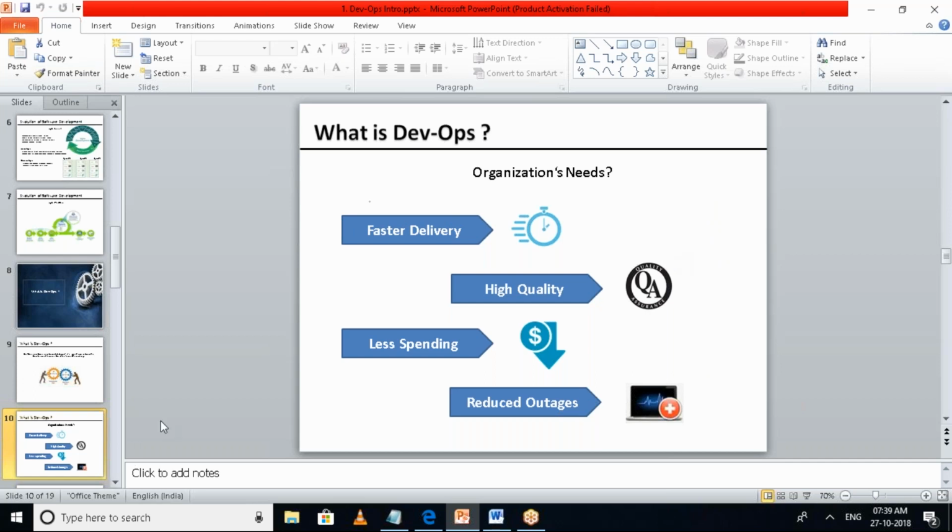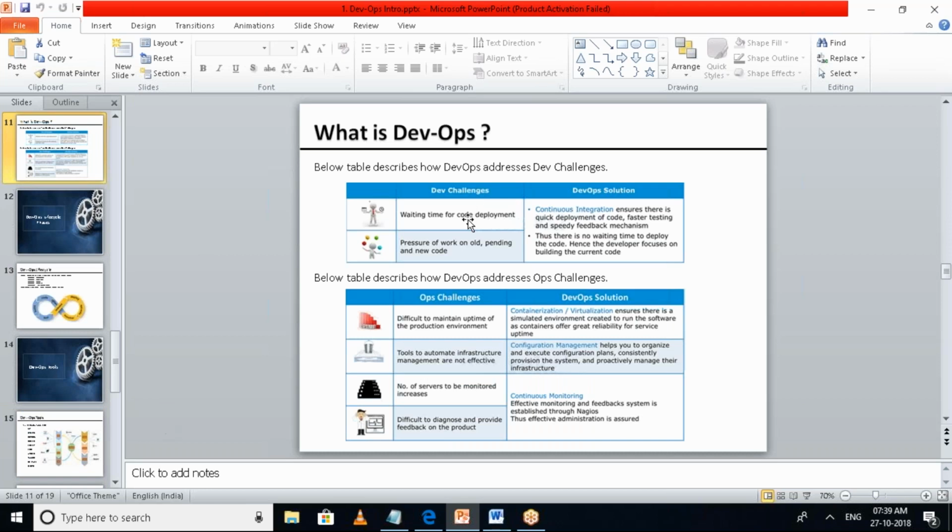Let's move on. I think we actually discussed this as a part of the development and operations challenges. There would be a lot of wait time in code development, isn't it, in the earlier phases, in the waterfall model.